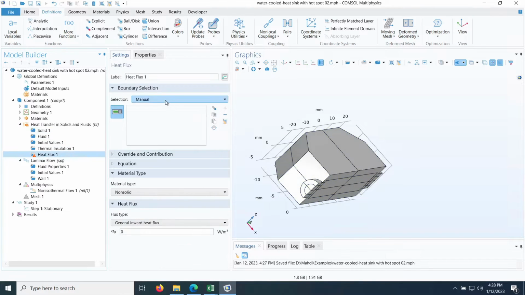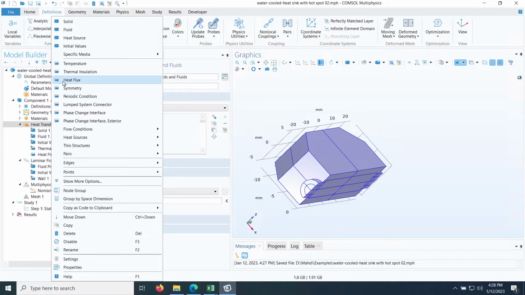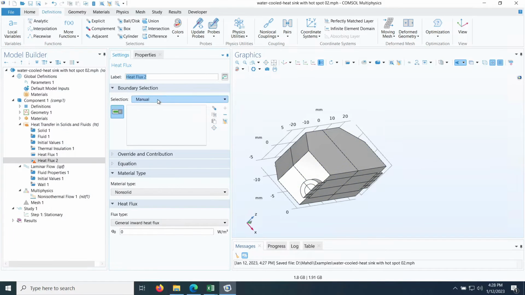Okay, right. So on the hotspot, from the heat flux, I want to give a heat rate of 60 watts. And on the background, again, I want to go to heat flux, and for the background, I want to give, let's say, 100 watts of power. So that's that. Then I can apply the inlet and outlet boundary conditions for the